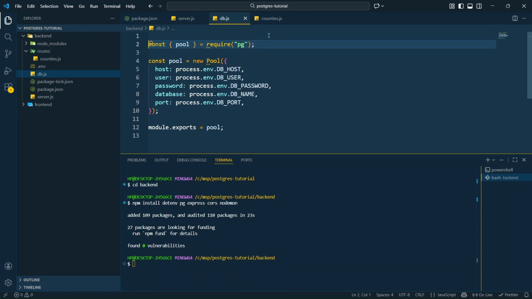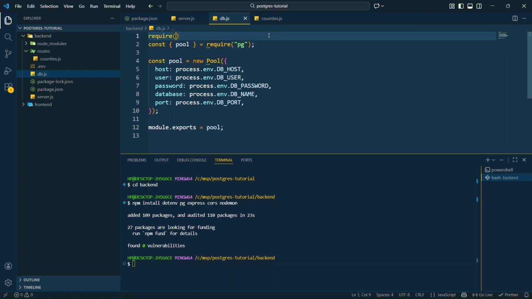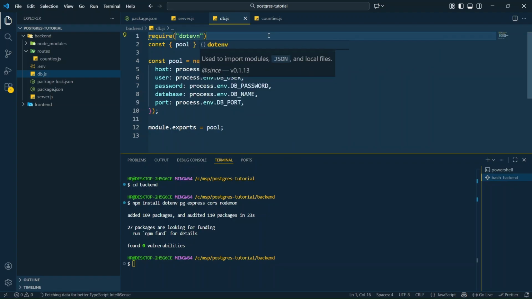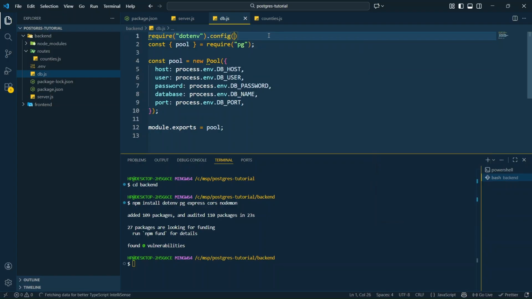So I'll go there and say require dotenv.config, like that. That way we are now okay to use the environment variables that we have in our env